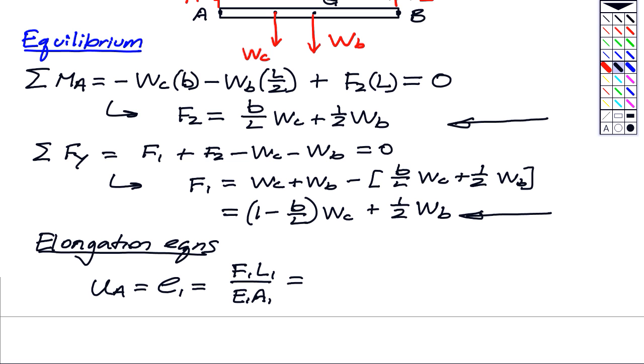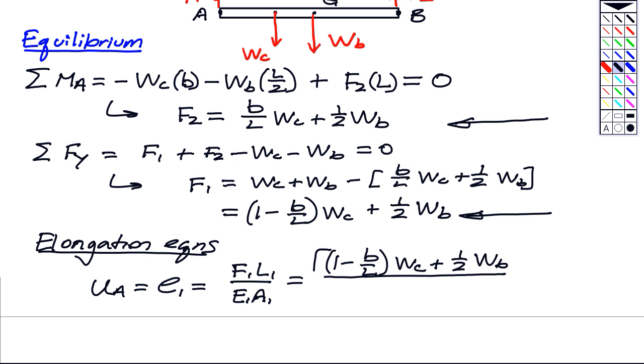F1 we have, that's the 1 minus B over L, WC, plus half of the weight of the bar. The length of rod 1 is H, and E is the same for both of them. We just call it E pi D1 over 2 squared. So D1 is the diameter